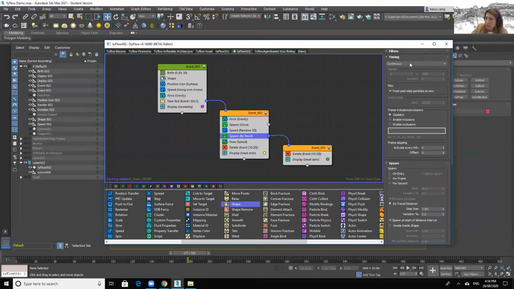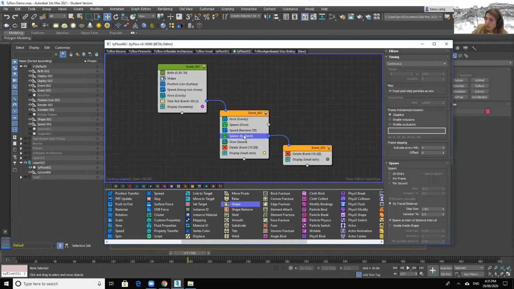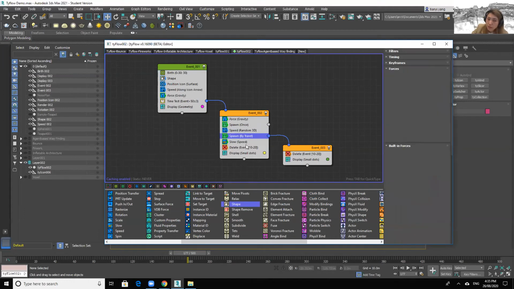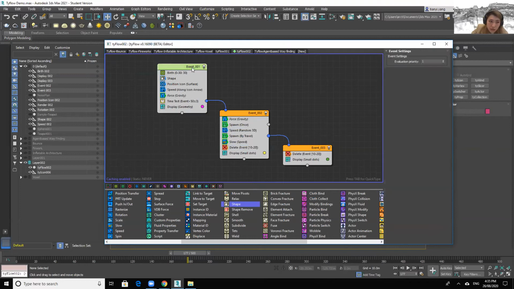So what this timing does is define when these operators are going to happen. Normally, by default, you will have timing set to continuous. Continuous means after the operators before, these operators will happen. So these operators happen in sequence, continuously. For this delete, we set it to event age, which means, so this is an event,